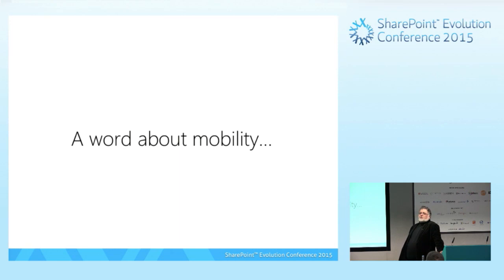Because when we talk about mobility, we typically think, okay, people are using those things less and less, these things more and more. People are using tablets all the time. In fact, let's see, that's a tablet, that's a tablet. Yeah, that's a tablet. I'm not seeing people with laptops out at the moment. I'm seeing people with tablets out. Now, that's fine. That's good. I love mobility. The thing is,